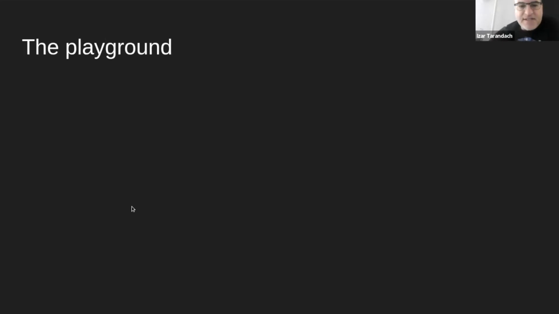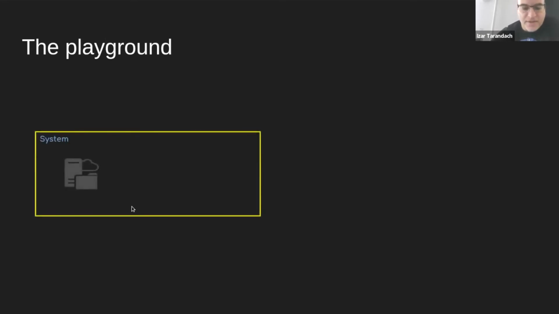So first of all, let's level the playground. What is the security thing that we spend so much time and effort looking at? So basically in the beginning, we have this system thing, right? It's a bunch of bytes running on some kind of iron with a lot of blinking lights coming out of it and stuff happening.